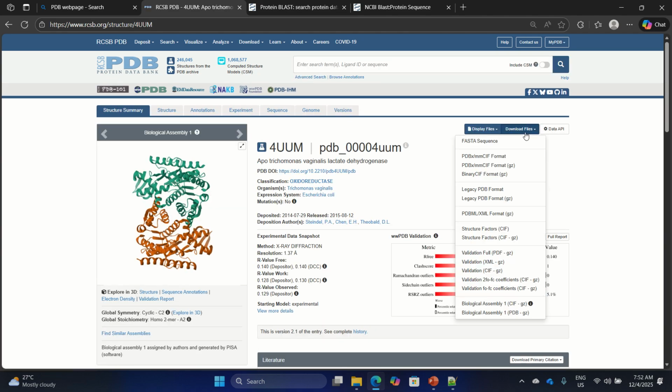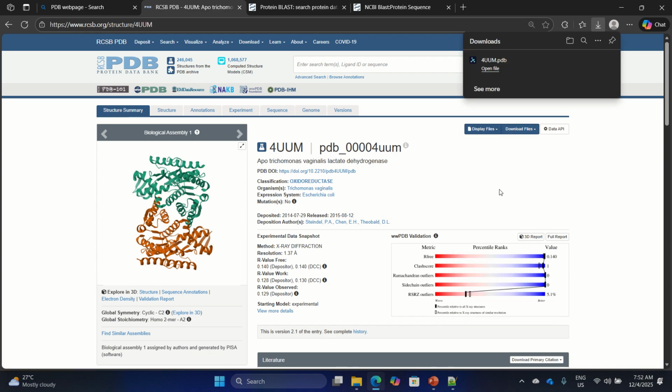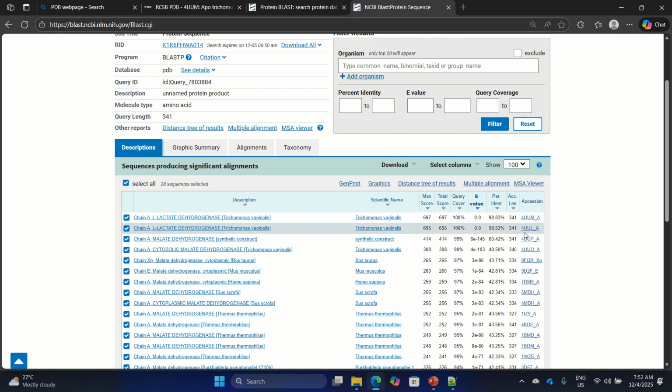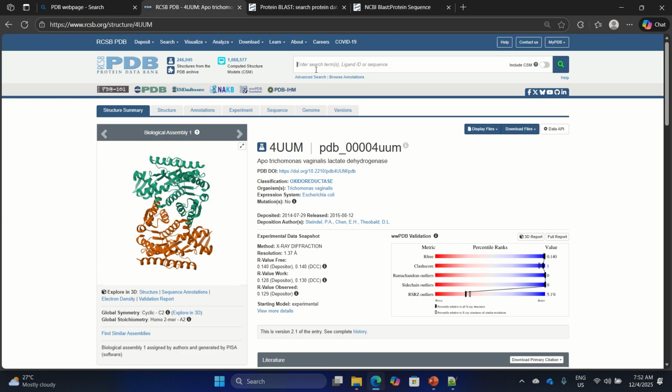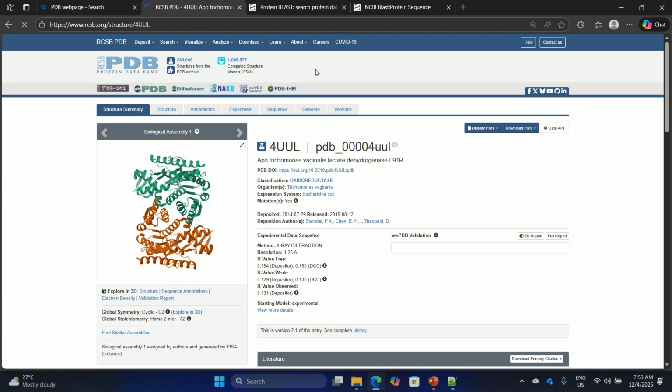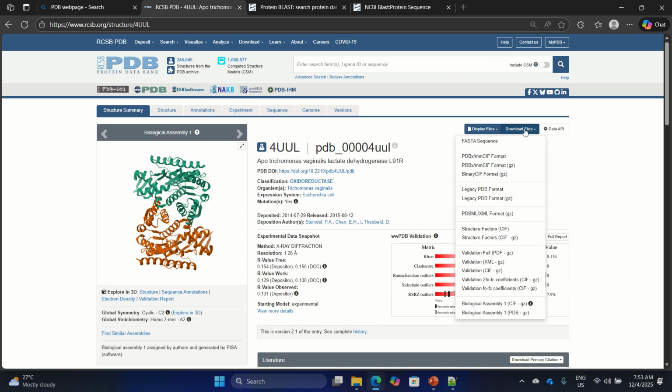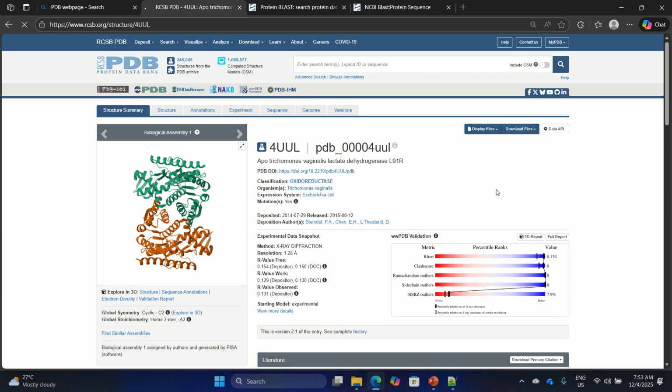And then let's download the PDB format of 4UUM. The next one is 4UUL. I'm going to download the PDB of 4UUL, legacy PDB format.